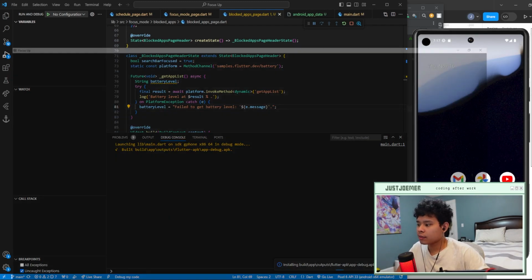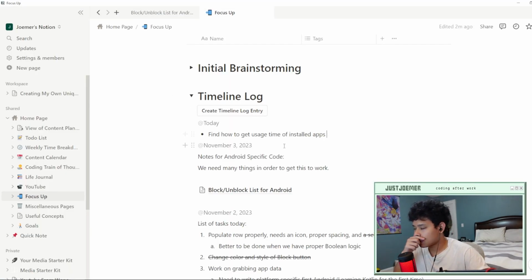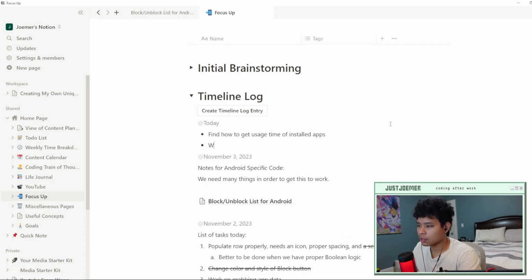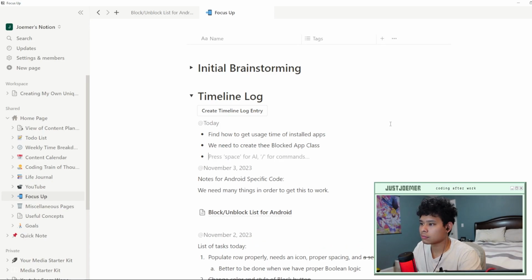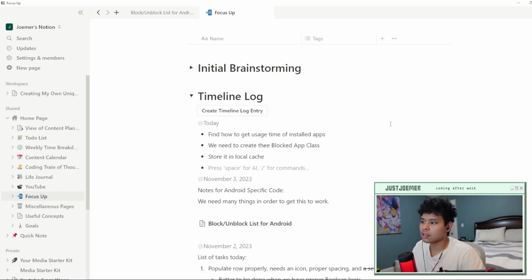I guess during this time, I can also just continue writing what I need to do. So I think that's pretty much all we need to do. We have to find out how to get usage time of installed apps. We need to create the blocked app class, store it in local cache. Hopefully this doesn't take up too much memory. Right now I don't think it will,